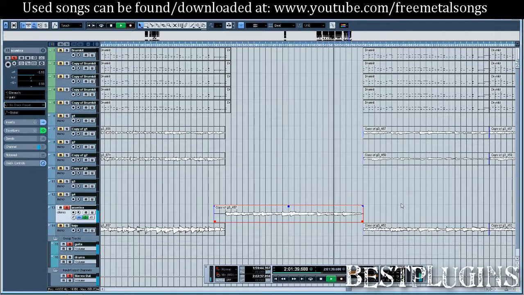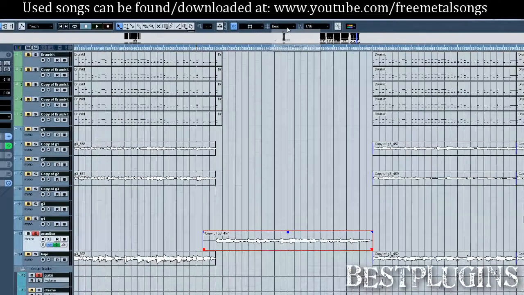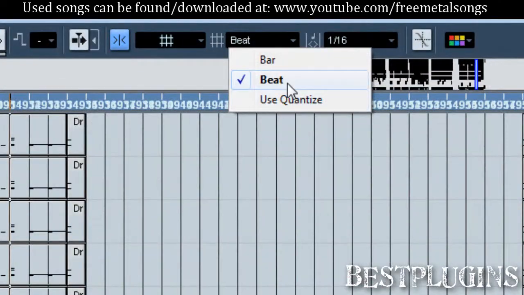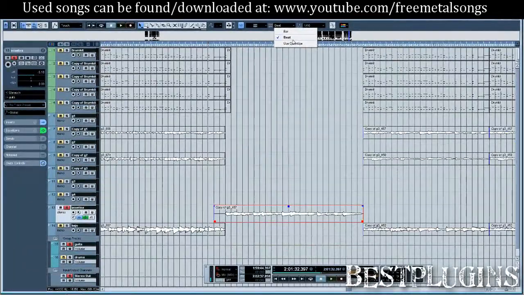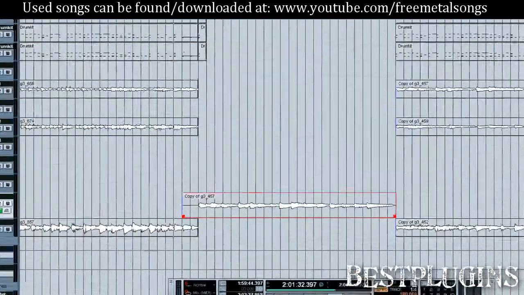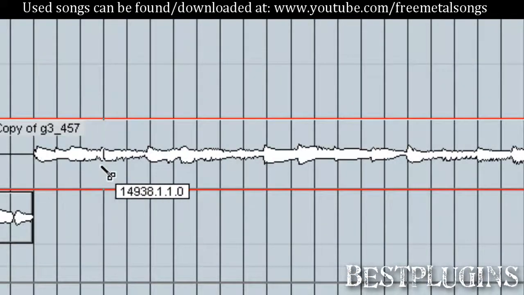I recorded it with metronome, so it has an almost perfect tempo. So now we have to enable the snap button, it's up there, and you can set it to beat, but you can set it to use quantize if you need smaller snaps. So what it makes is that it only allows you to cut the regions of the audio in certain parts